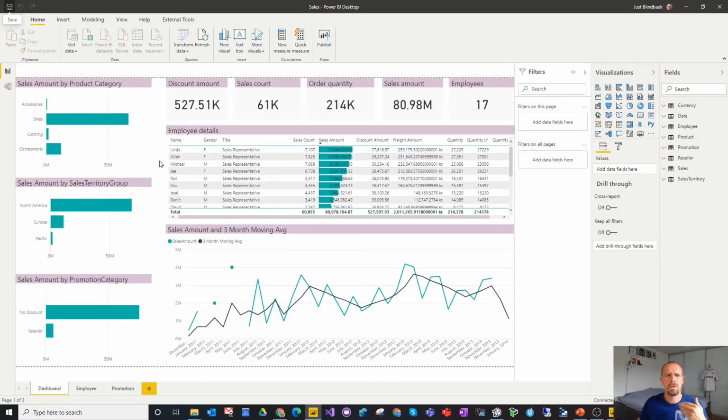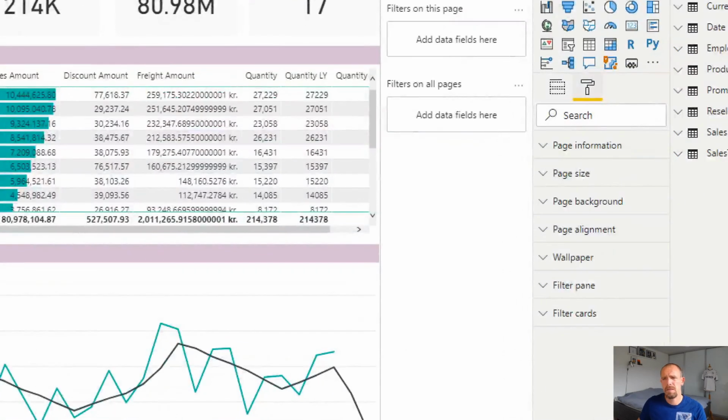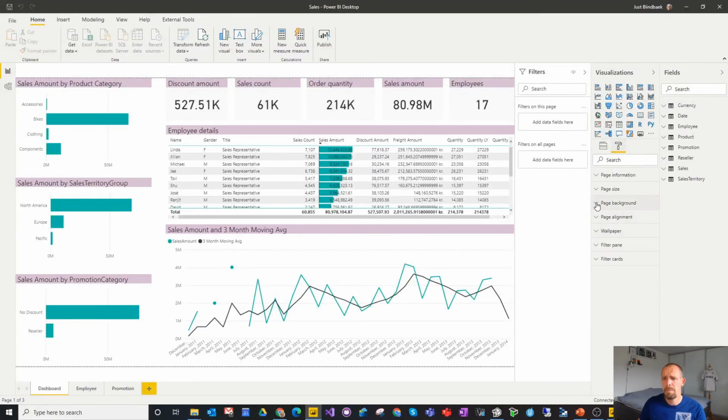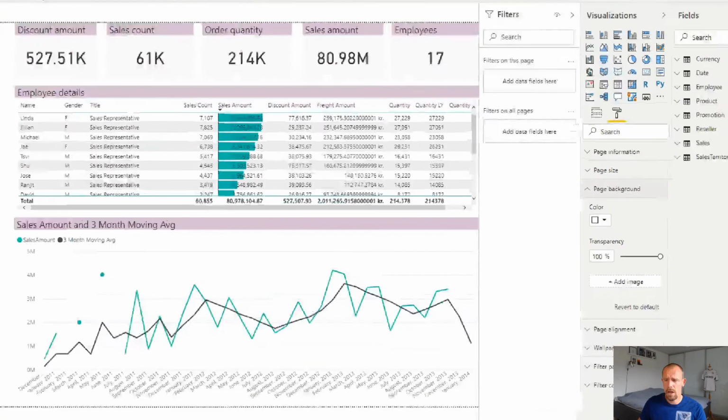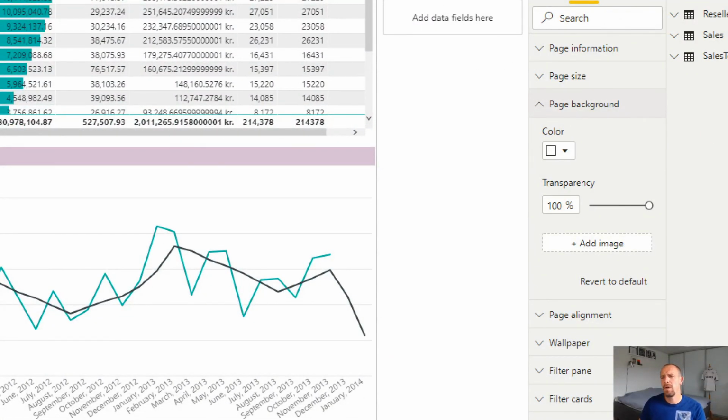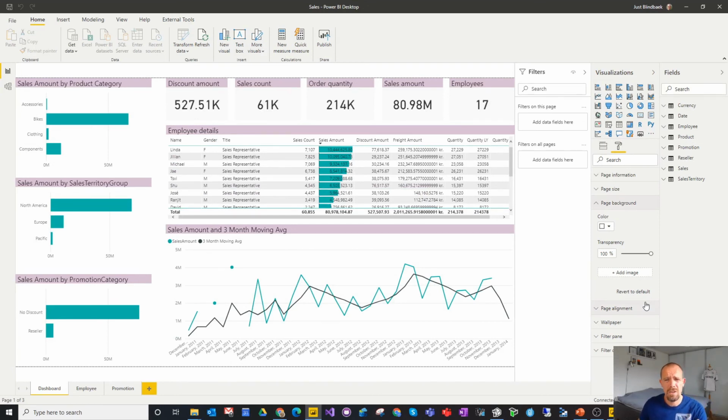And now if I want to very easily show people that this is a certified report, what I can do is putting in a background image on my pages in this report. Down here at the setting on the entire page, I have this page background where I can go in and add an image. That's an easy way both to put in some layout in your report, but also to put in some visibility that this is actually certified. So I have an image here, putting it in,